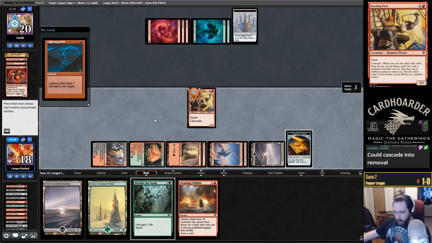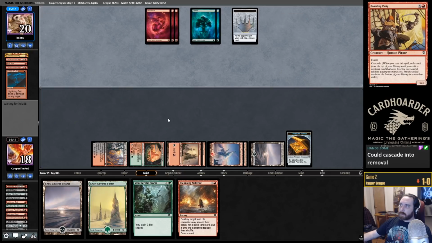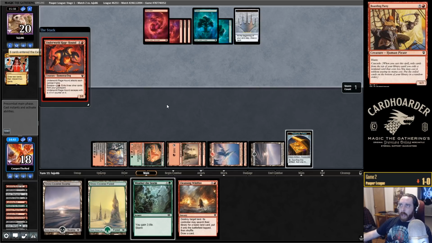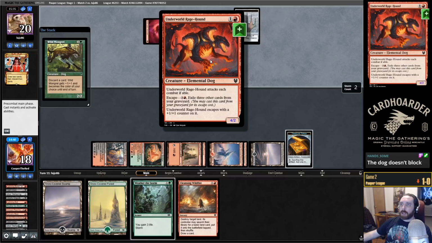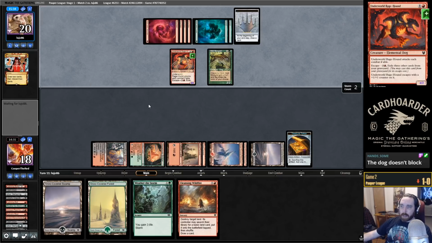And they have the Lightning Bolt to answer the boarding party, so they get to keep the Monarch. Seems like a pretty simple thing, but I forget about that. More than once it's happened. And they get to bring back Ragehound again, keeping all that value in their hand along with the Monarch. Dog doesn't block? It can block. It doesn't normally block because it attacks every turn, but...